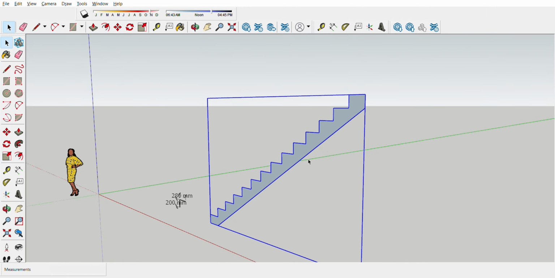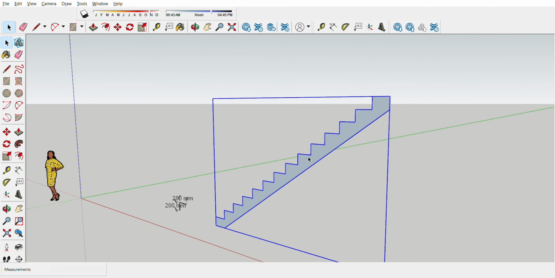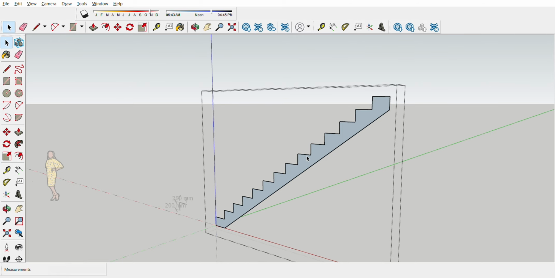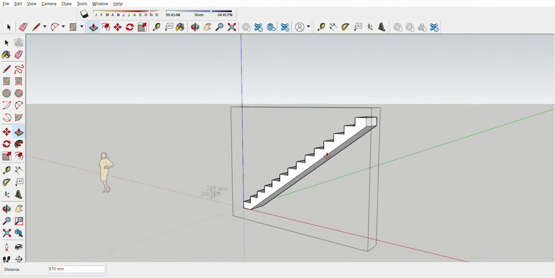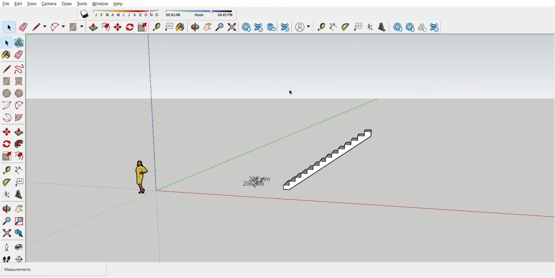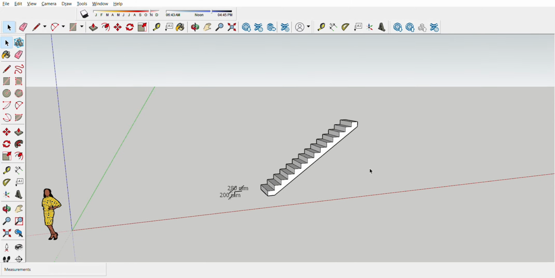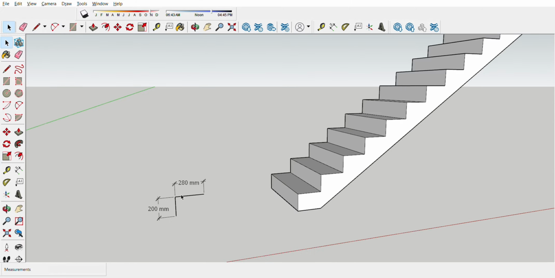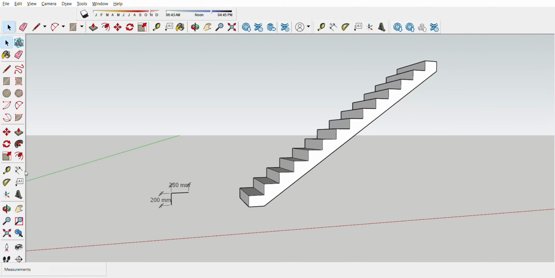Since you grouped this one, go inside by double clicking and push pull to 1 meter. One meter is usually the width of our stair. So remember this one, 200 by 280, we are using this.